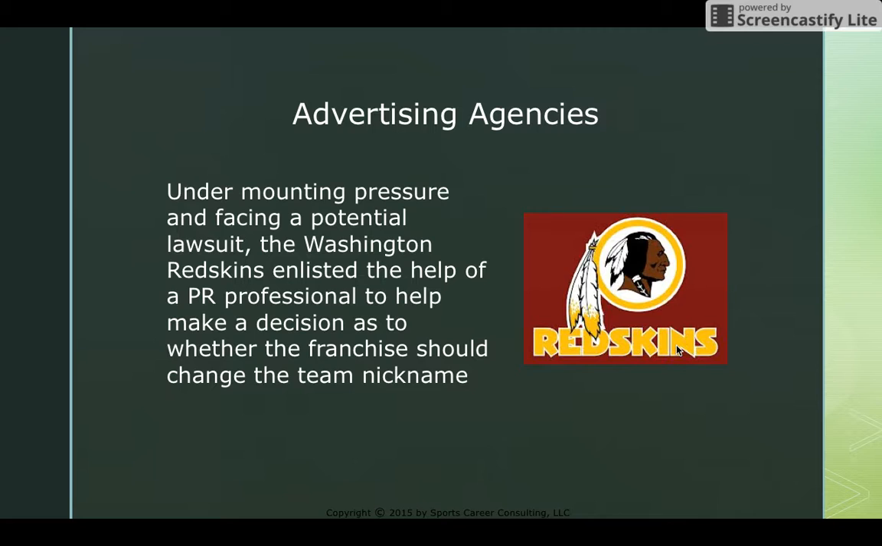Under mounting pressure and facing a potential lawsuit, the Washington Redskins enlisted the help of a PR agency to help make a decision as to whether the franchise should change